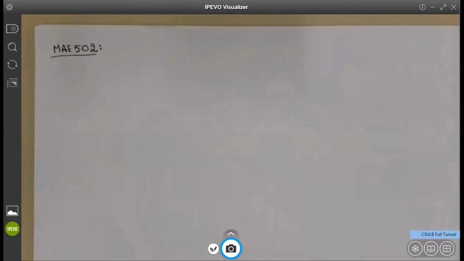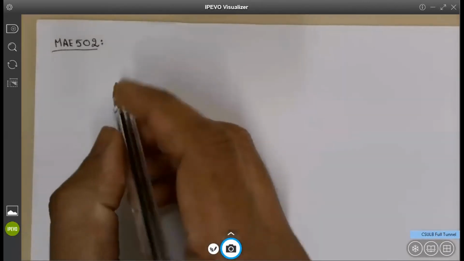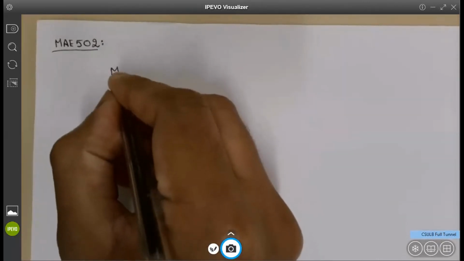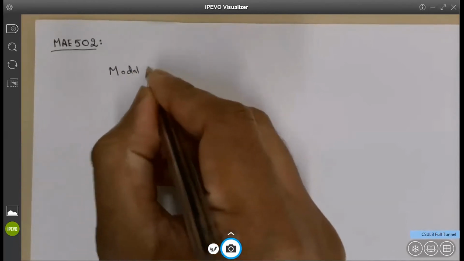Okay, so let's start with today's discussion. We are going to continue our discussion with the modal decomposition technique using eigenvalues and using diagonalization of our matrix A. So what we are basically continuing our discussion is on modal analysis or modal decomposition